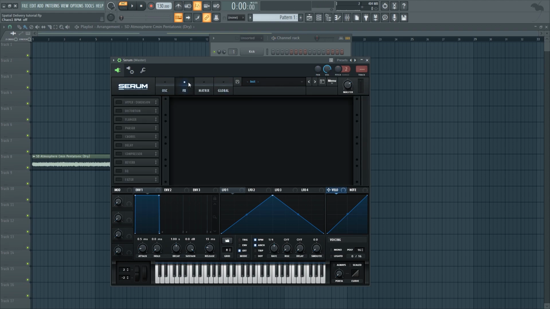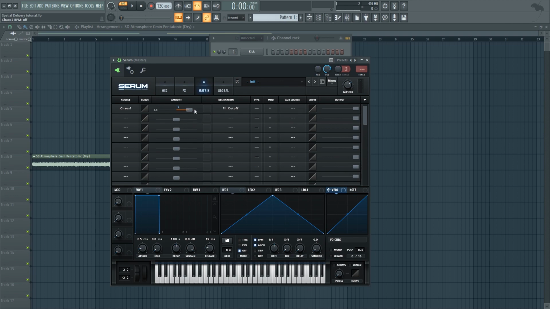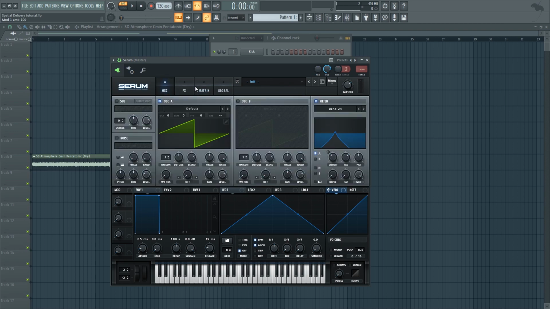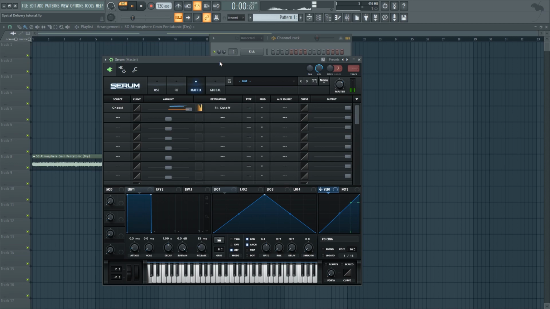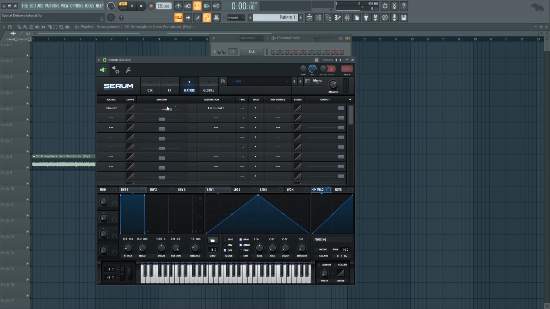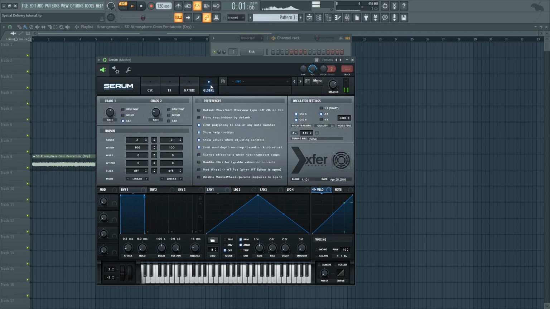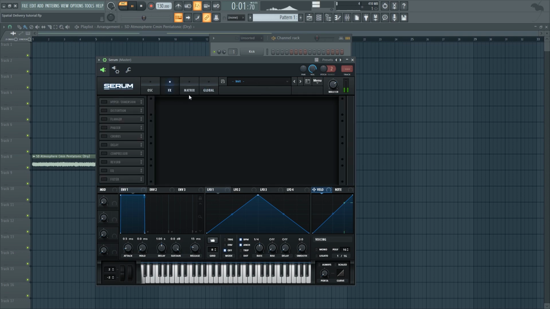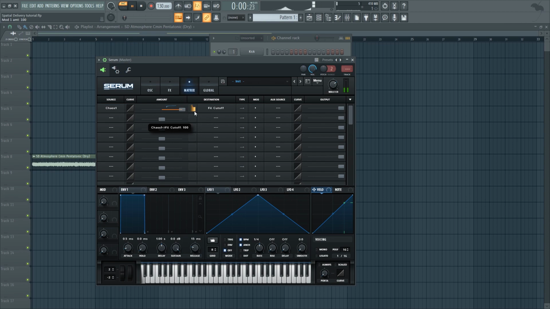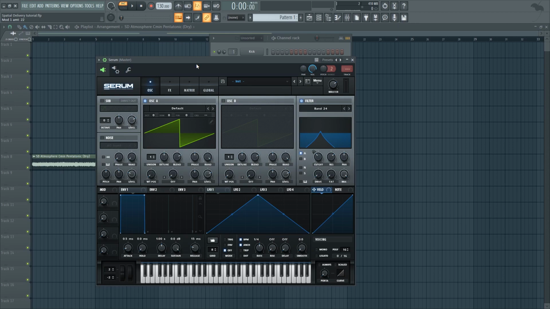And once you do that, you can also then adjust how much you want it to go through the different frequency spectrum. You can tell it to open up all the way, so it's going to include very high frequencies. Or you can tell it to go just a tiny bit, so it only includes the lows and the mids. But again, the speed is way too high, so let's reduce that. So it's really up to your personal preference.